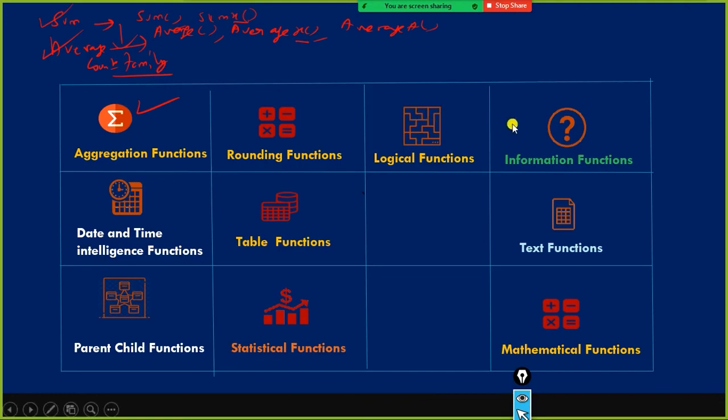The next one is the information functions. So what are the information functions? Information functions are something like is error, is blank, is contains, and so on. These are the information functions. For example, in the case of is error, I just go and